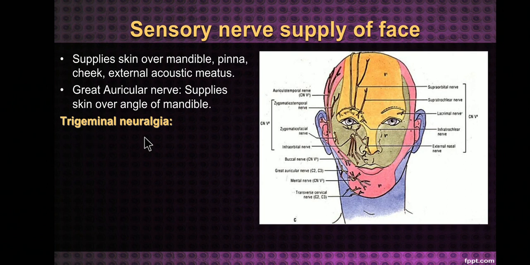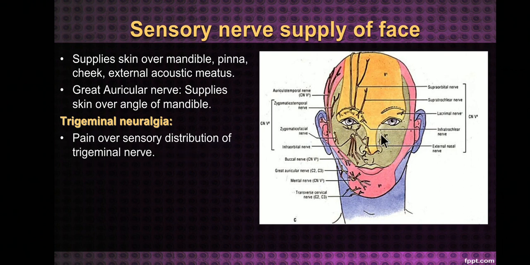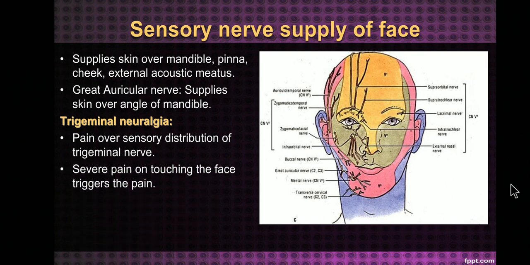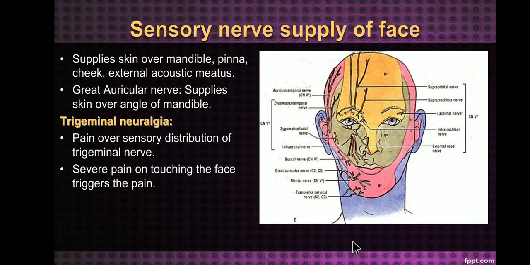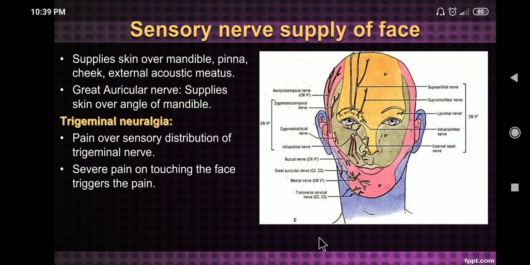What is trigeminal neuralgia? So distribution, pain, excruciating pain or radiating pain, distribution of the pain along the branches of the trigeminal nerve, especially these supplying the face. Sensory distribution is actually called trigeminal neuralgia. Okay, so mainly severe pain on touching the face might trigger this, and it might be due to many reasons. It might also be due to any herpes zoster infections, or even in certain cold climatic conditions it might trigger this